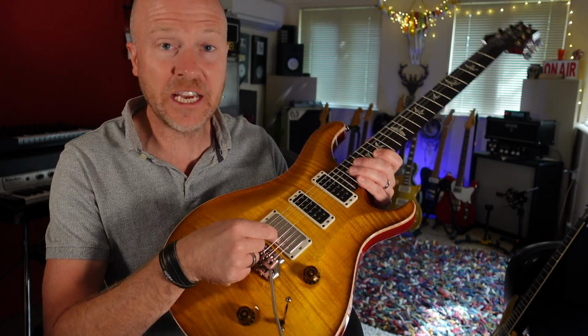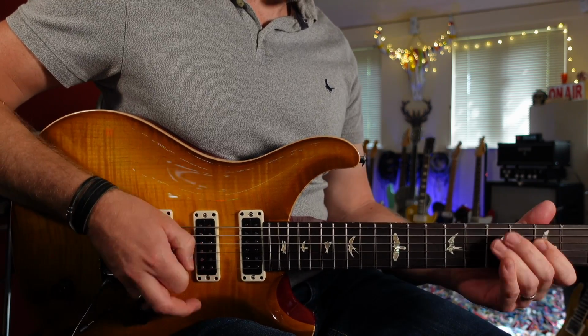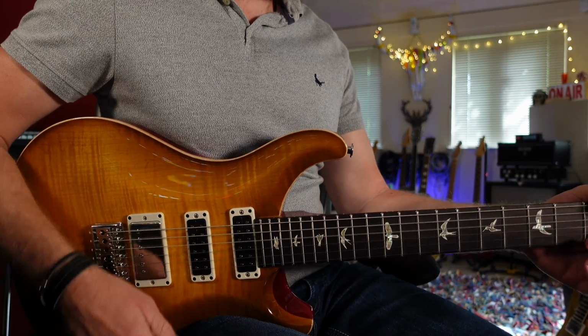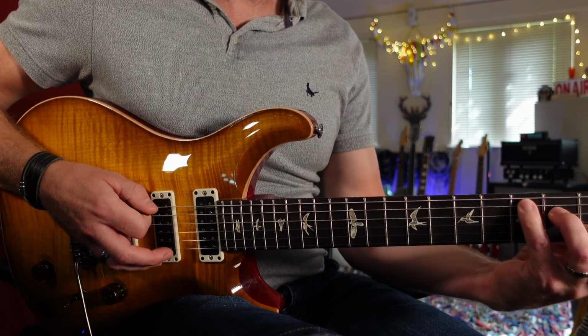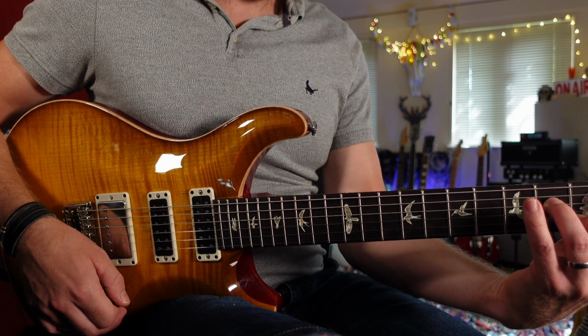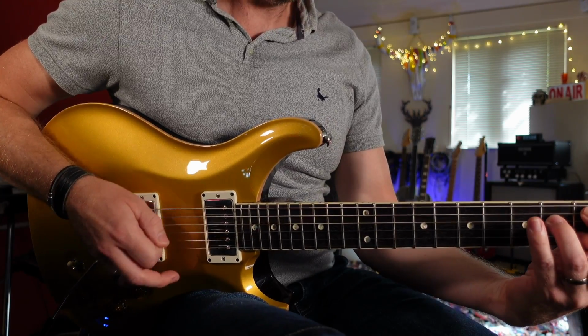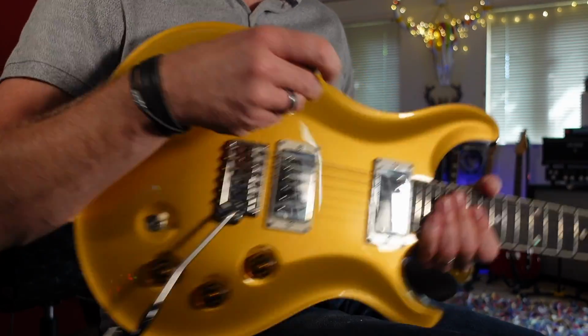Now, even though I love my PRS DGT, this again has definitely more clarity from that bridge pickup. These 5815 LT pickups are absolutely fantastic. Let's try the clean sounds of the Studio compared to the DGT. So on the Studio, that was the neck position. This is the neck position on the DGT. So I think it's obvious how much more clarity the narrow fields have over the humbucker. So if I switch it into the split coil mode,